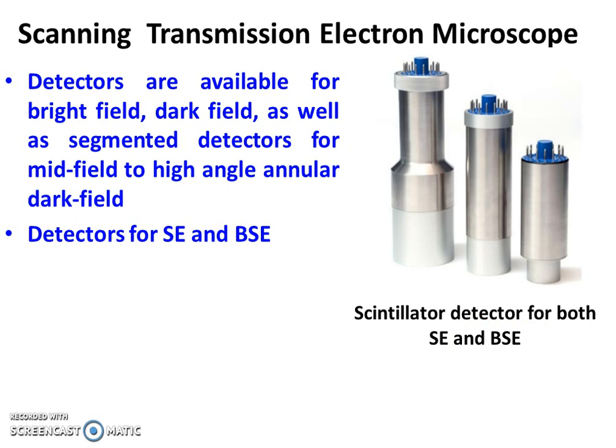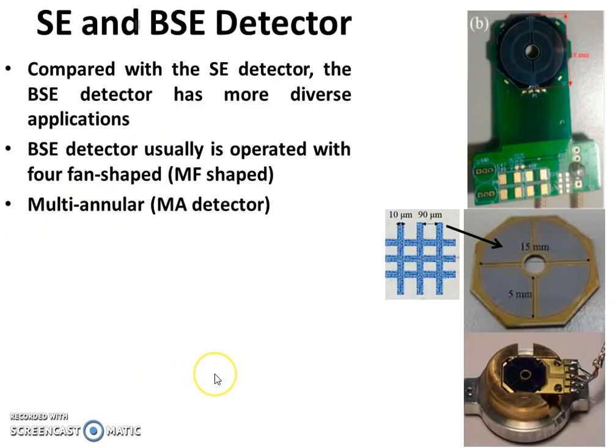So to detect all those types of electrons, different types of detectors are required, in which detectors are available for bright field, dark field, as well as segmented detectors for mid field to high angle annular dark field. And the most important detectors are able to detect the scattered electrons and backscattered electrons, in which the concept